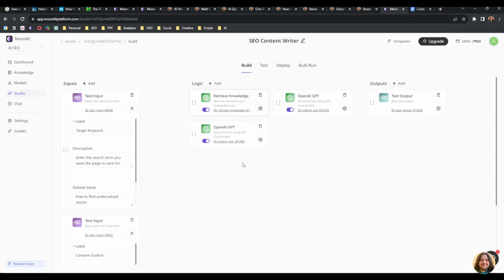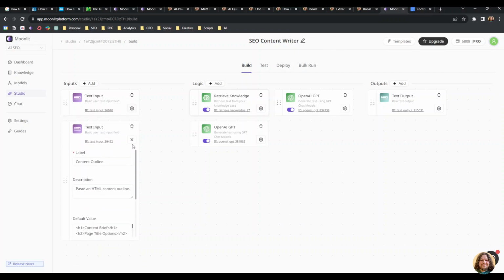All right, in this video, I'll be showing you how to work with the SEO Content Writer app. So go ahead and make yourself a copy of this app. I'll be running you through how this app works, as well as how you can customize it and make your own. So first up, I'll give you a walkthrough of the functionalities of this app, like what these things are